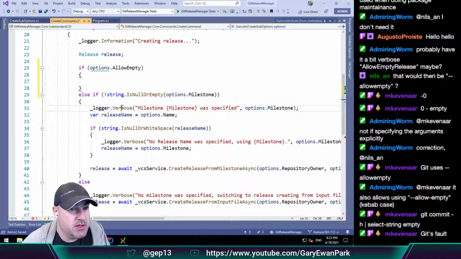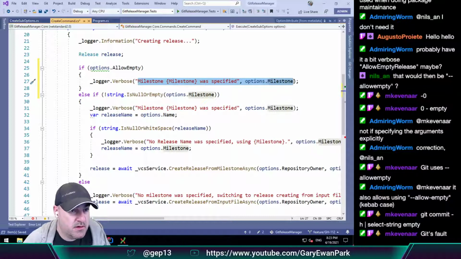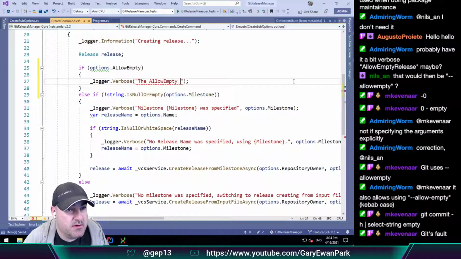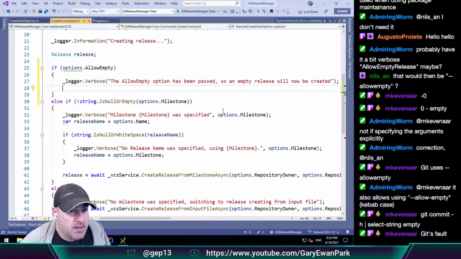So we're going to need a logger here that says the allow empty option has been passed. So an empty release created. Okay,